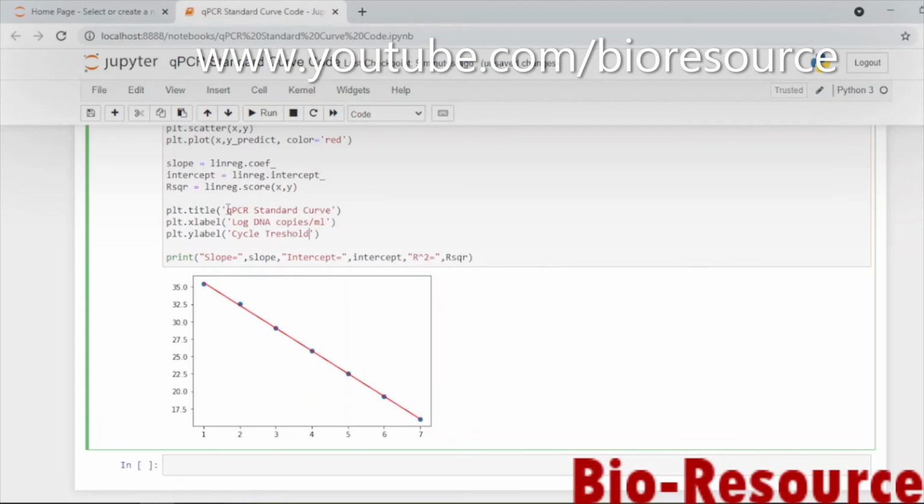Now we have assigned the title and x-axis and y-axis labels, and we are printing out the slope, intercept, and the r-square value.